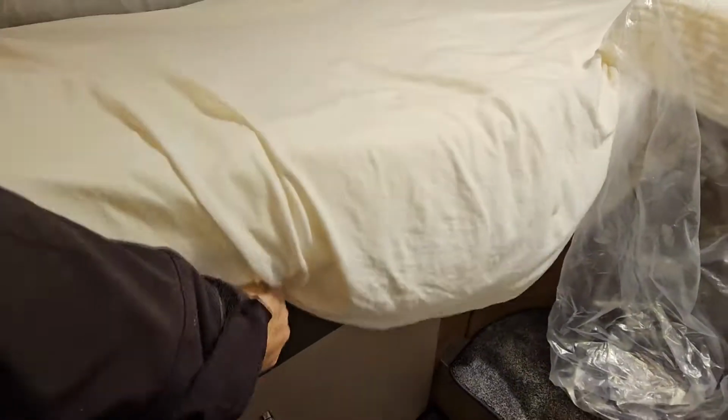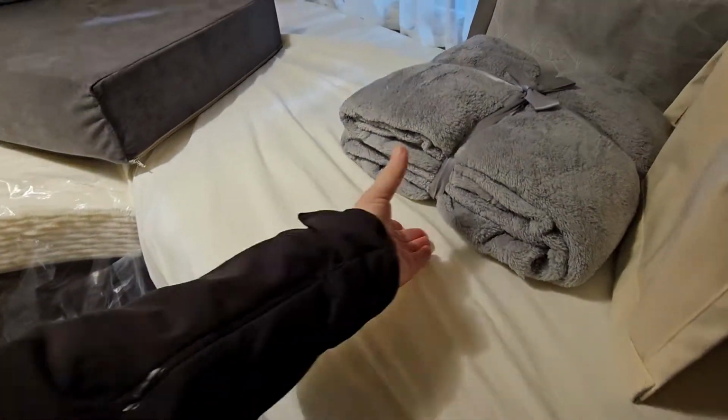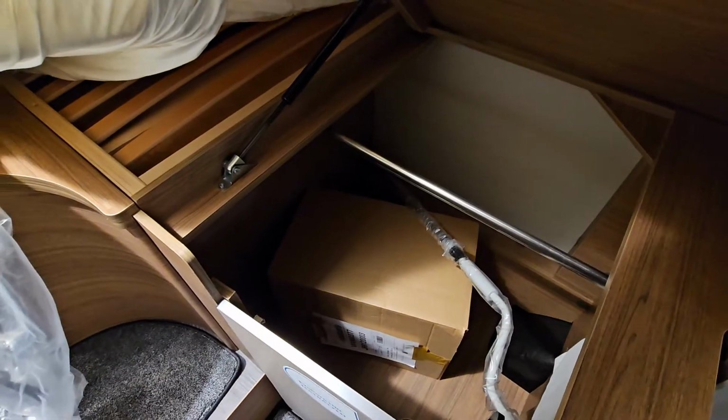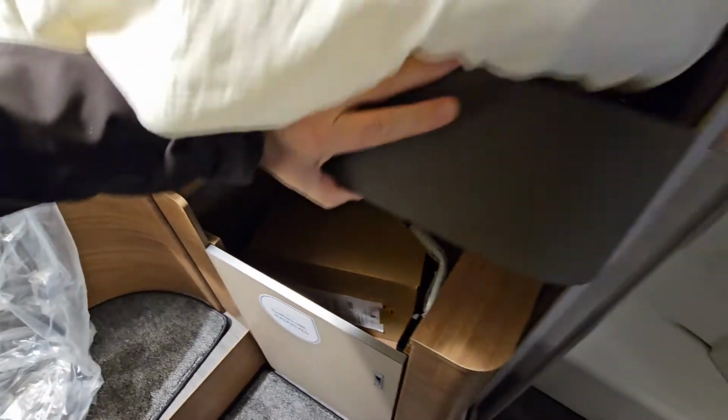Storage under here, this is a very nice feature. I know lots of manufacturers do it, but there you go. And that's what, the wardrobe, or well, it would be a wardrobe if there was a bar in it. There's a bar on this side though, which I shall now demonstrate. Move that to one side and pull this up. There you go. There's your wardrobe. It's a large wardrobe, easy to get into if there's not too much on top of the bed. There's your shower,